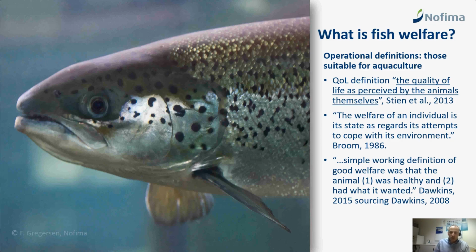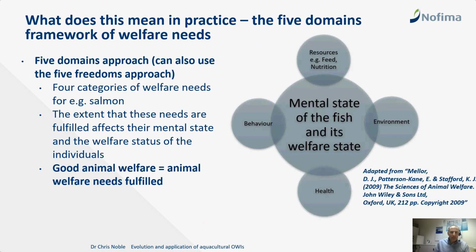This was first introduced to salmonids by Lars Steen in his swim model paper in 2013. It's a simple, intuitive definition, and it's a good platform to take the discussions further and identify threats to fish welfare and also address the aims of improving the life of fish out on the farm, giving them a life worth living. But what does it mean in practice?